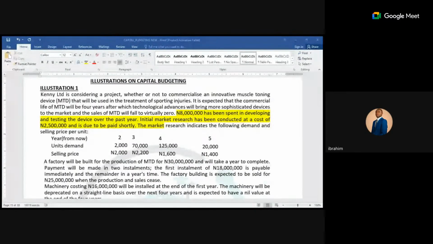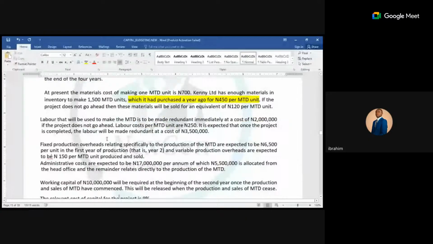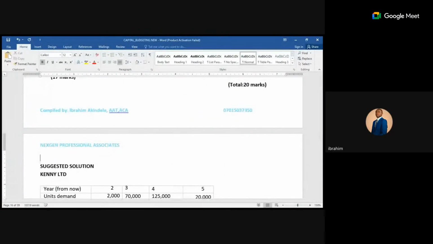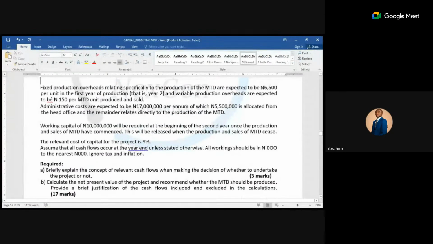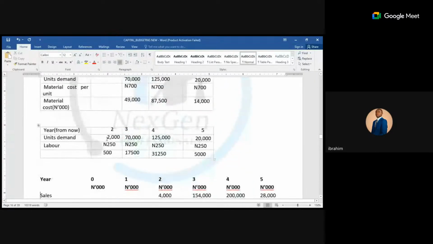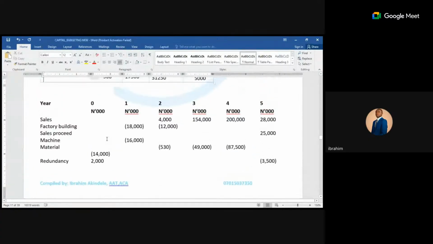Okay, now we're solving a question from our last class, which is on this particular question, right? So we need to complete this question. What I just did is a brief recap of what we did in our previous class. Now, in our previous class, we were solving this question, and we stopped where we have a redundancy fee.